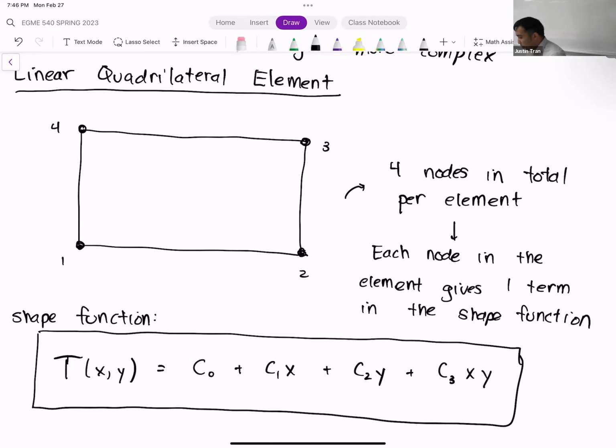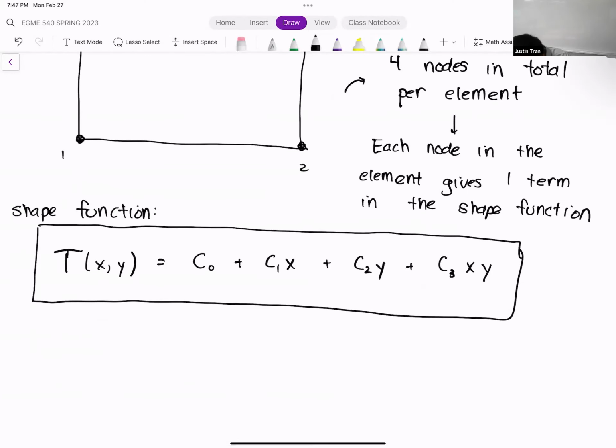And so you might be looking at the term and thinking, wait a minute, that's not a linear term, that's a quadratic term, right? We have x times y. You're right, technically this is not purely linear. Sometimes what people call this is a pseudo-linear term. Even though the term itself is technically quadratic, because if you count the total power of x and y there, it's 2, right? Because you have x times y. But individually, in terms of x and individually in y, it's linear, right? And so we call it pseudo.